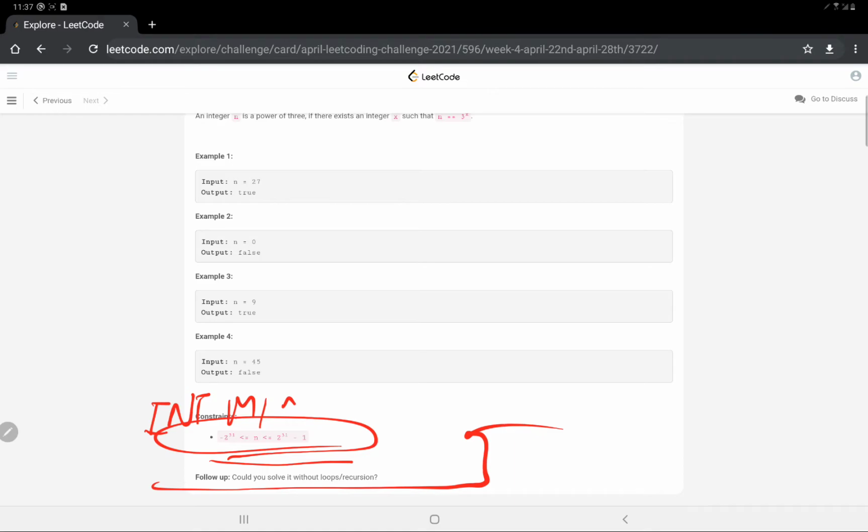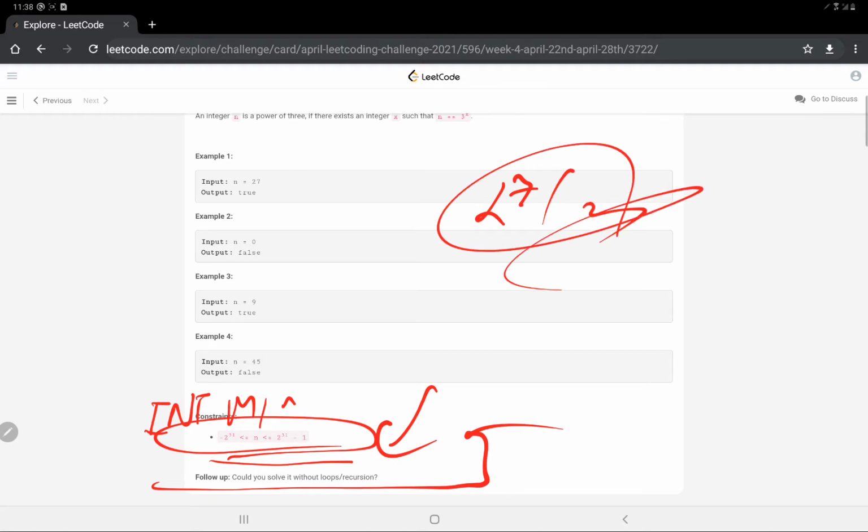So what's the naive approach which they have taught us not to use? It's repeated division. We keep on dividing 27 by 3 until it gives 0, keeping some things in mind. That's that approach. But let's see the approach that we are going to use to solve this question.